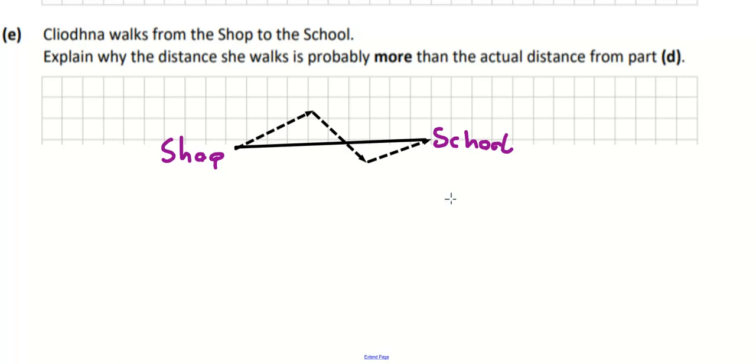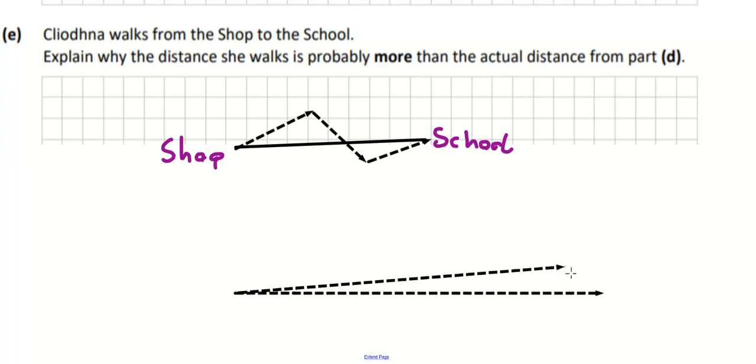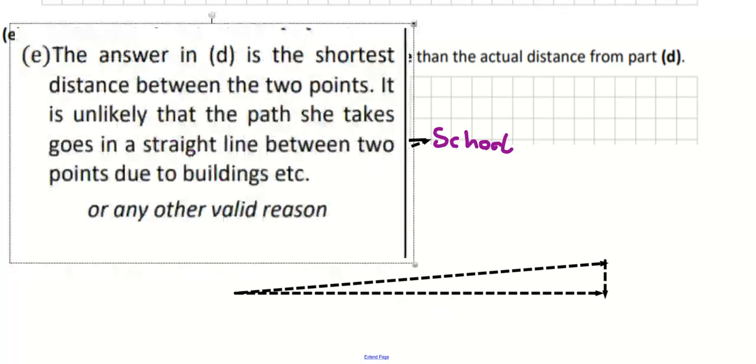And the other thing is it's also assuming perfectly flat ground. So there could be a slight incline going up from the shop to the school. So this could mean, by Pythagoras' theorem, the hypotenuse would be a longer distance than the distance calculated in part D. You could also try that out as well. Okay. The answer in D is the shortest distance between the 2 points. It is unlikely that the path she takes goes in a straight line between the 2 points due to buildings and roads and other reasons. Okay, so that's a good reason as any. Now,